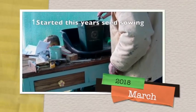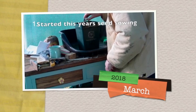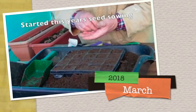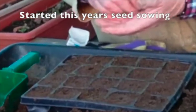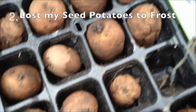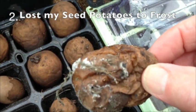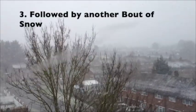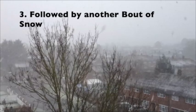March began with seed sowing, which was mainly the leeks and beetroot, and there was some cabbage done as well. We experienced frost in the early hours, which unfortunately I did not protect against, and I lost the lot. This was then followed by another bout of snow,